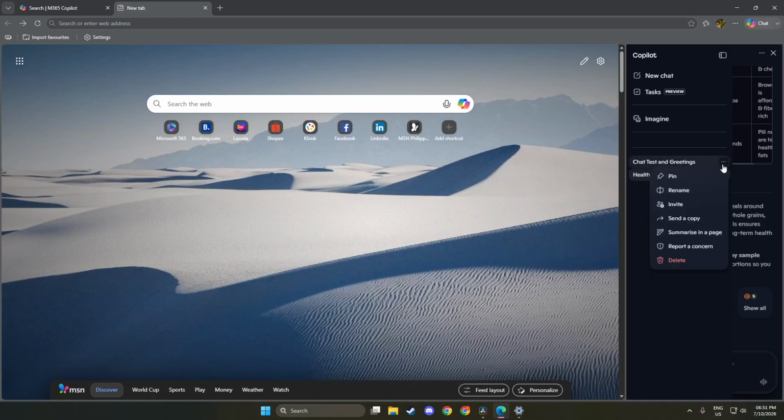After you make this selection, a prompt may appear asking for confirmation. Take a moment to review this prompt. Confirming your choice is vital as it protects your privacy and ensures that the action is intentional. Once that is done, you will likely see a message confirming that your chat history has been cleared. This message serves as reassurance that your action was successful and that your data is no longer stored.